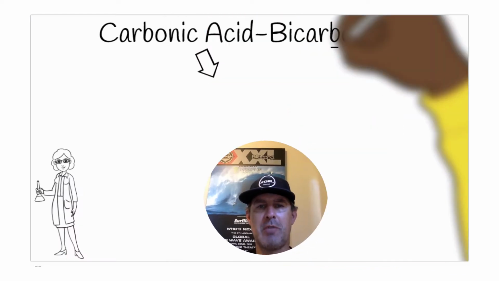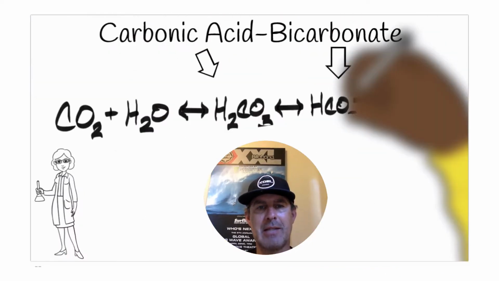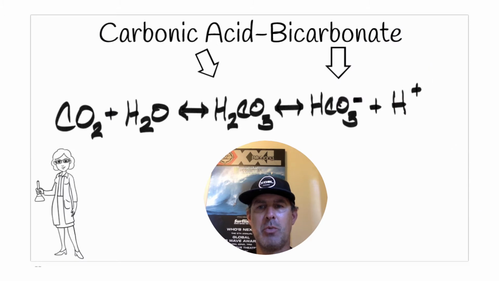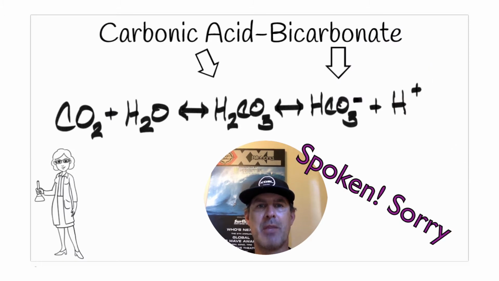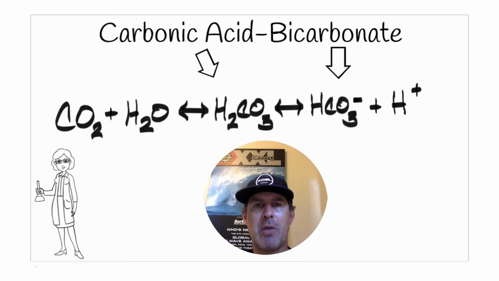There are two significant equations we need to know for this class. The first one is cellular respiration, which we've already spoken about. The second one is this equation right here, which is the carbonic acid-bicarbonate equation. And it is as follows. When CO2 reacts with water, it's going to produce carbonic acid, which will immediately dissociate into bicarbonate and the hydrogen